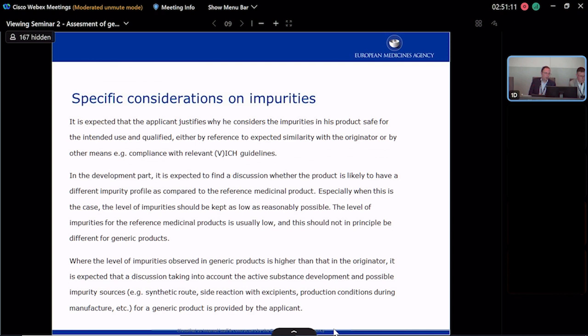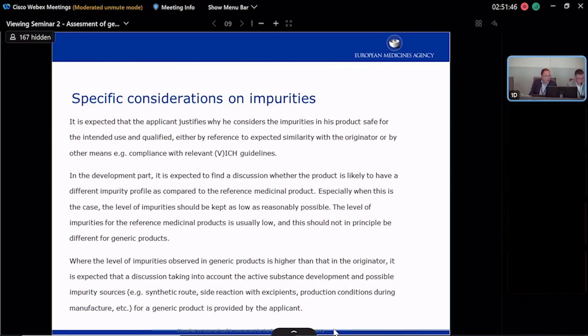And now I would like to present you some specific considerations on impurities. It is expected that the applicant justifies in the dossier why he considers the impurities in his product safe for the intended use, and qualifies them either by reference to expected similarity with the reference medicinal product or by other means, for example, compliance with the relevant